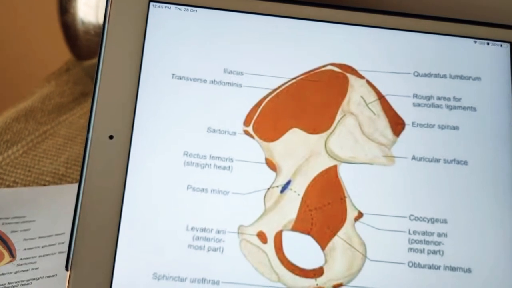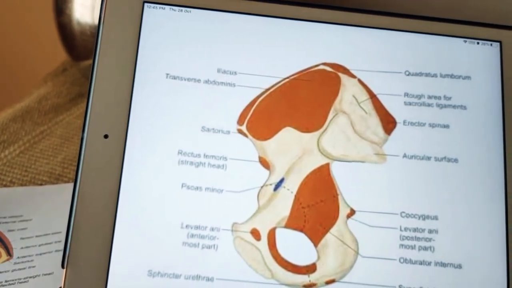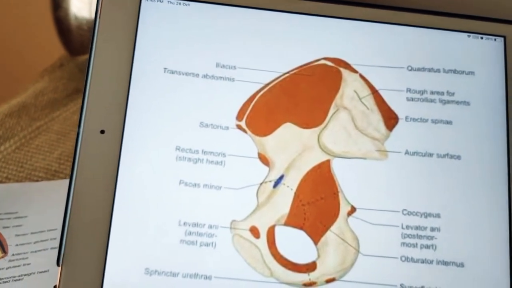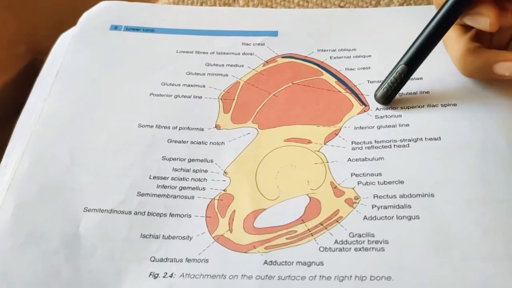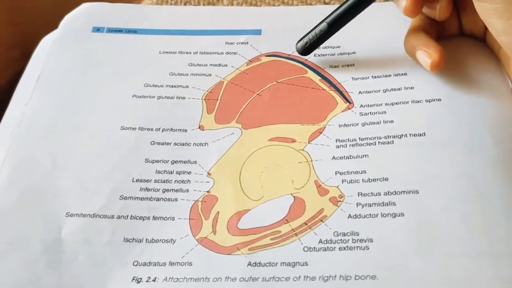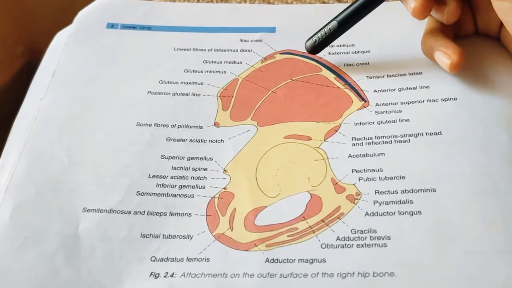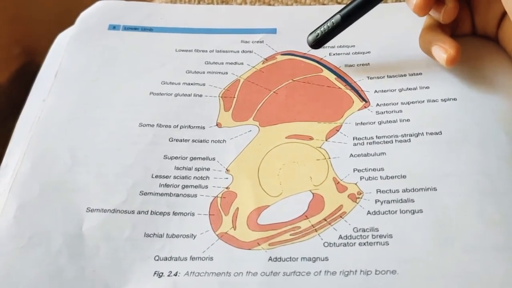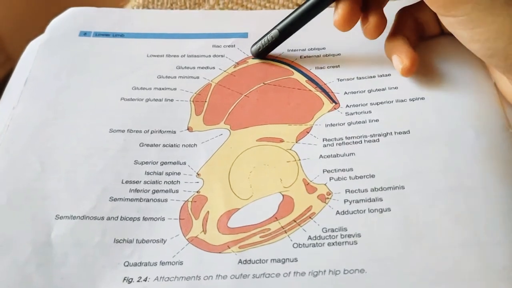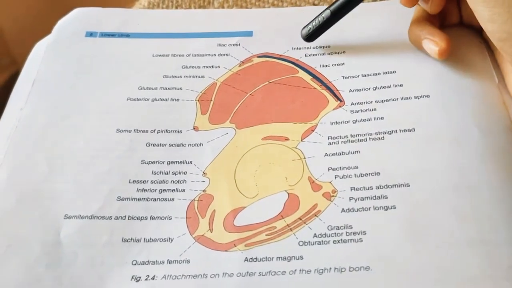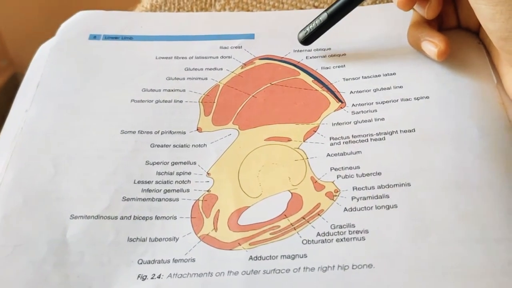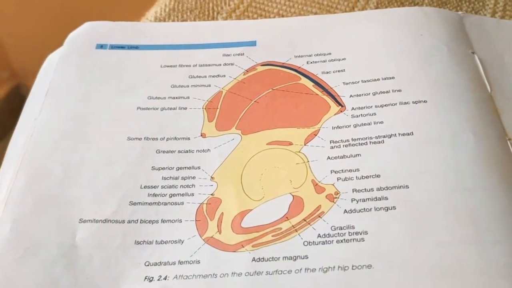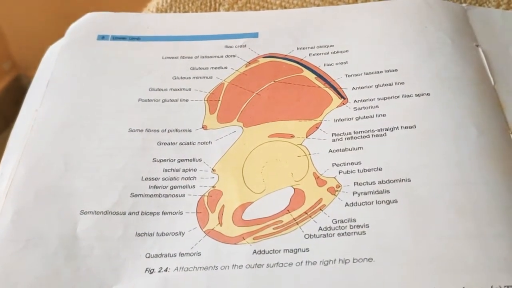Next we'll start with the intermediate area of the iliac crest. This is the intermediate area which gives origin to the internal oblique muscle. So intermediate area, internal oblique muscle. Easy to remember, in the anterior 2/3. So this is the anterior 2/3 giving origin to the internal oblique muscle, and then the attachment on the dorsal segment. This is actually the anterior side.